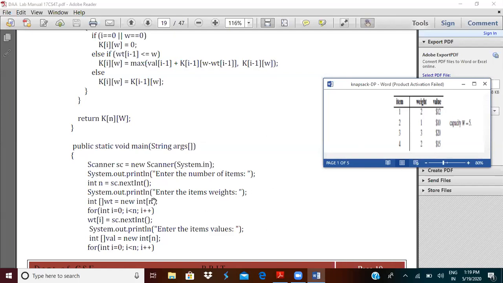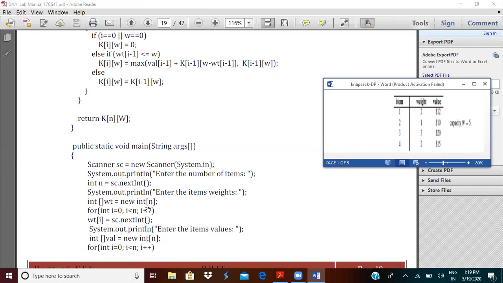Next it says int i = 0; i < n. Here there are 4 items, so I need to accept 4 weights. So i is equal to 0. 0 less than 4, the condition is true. When the condition is true, what should I do? I fetch the value from the keyboard and store it in wt of i.